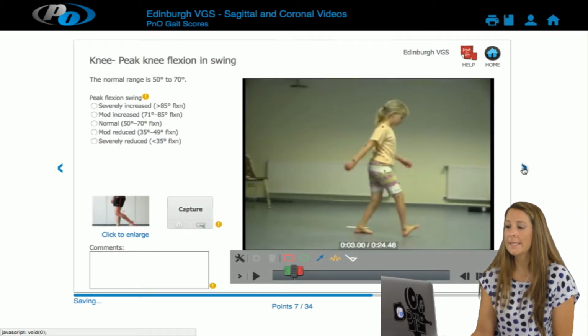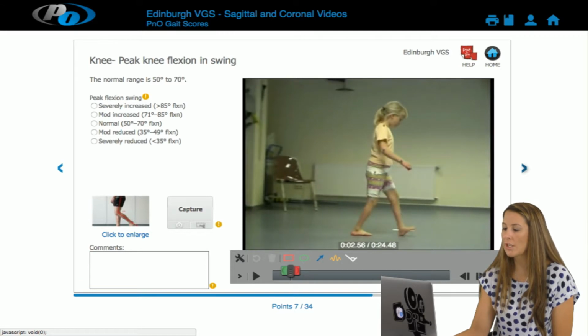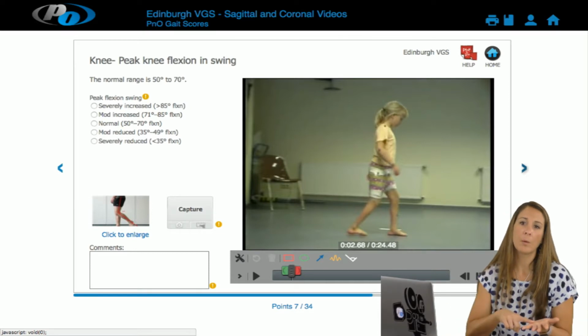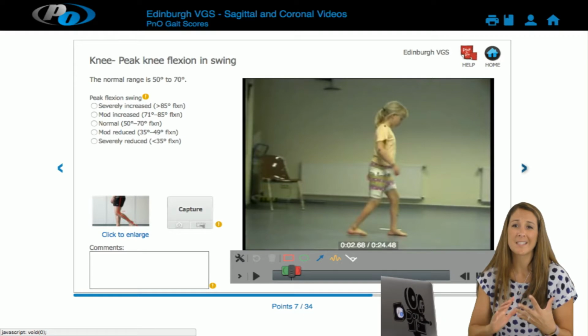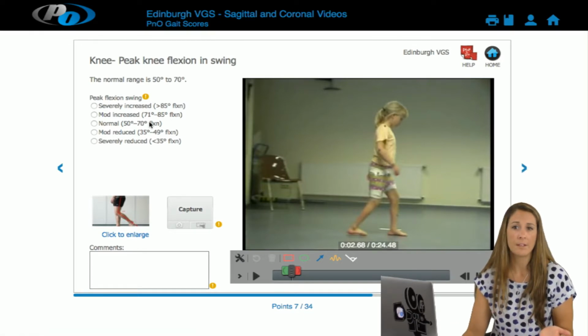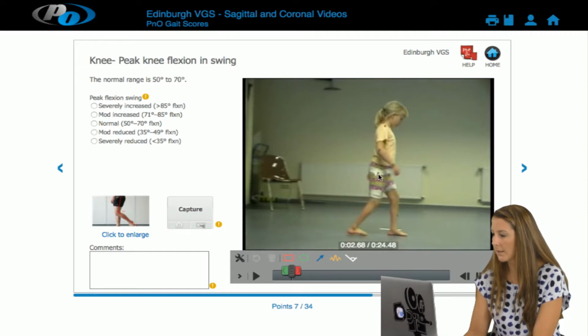Okay, so peak knee flexion in swing. This is important for swing phase clearance. So we want to go back and see how much she can bend her knee during initial swing phase. So normally in pre-swing we see about 40 degrees of knee flexion, and then in initial swing we see about 60 degrees of knee flexion. Here we've got a range of 50 to 70 degrees for normal. So we want to take an angle measurement here